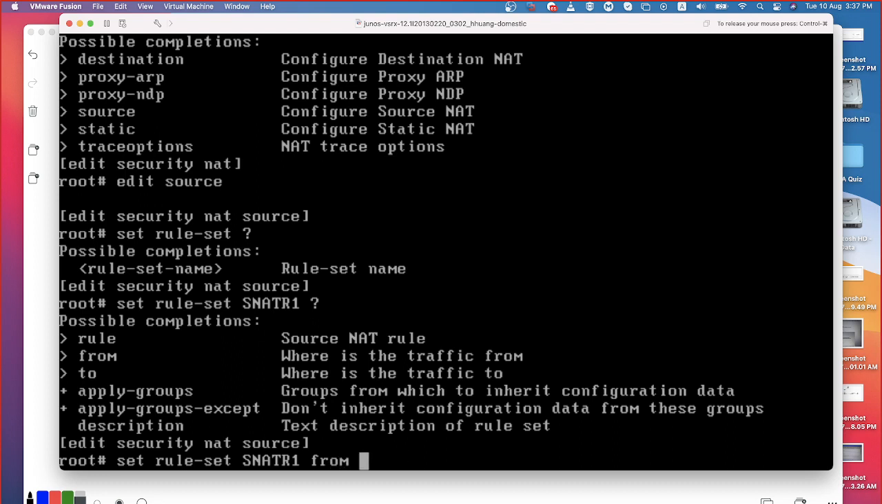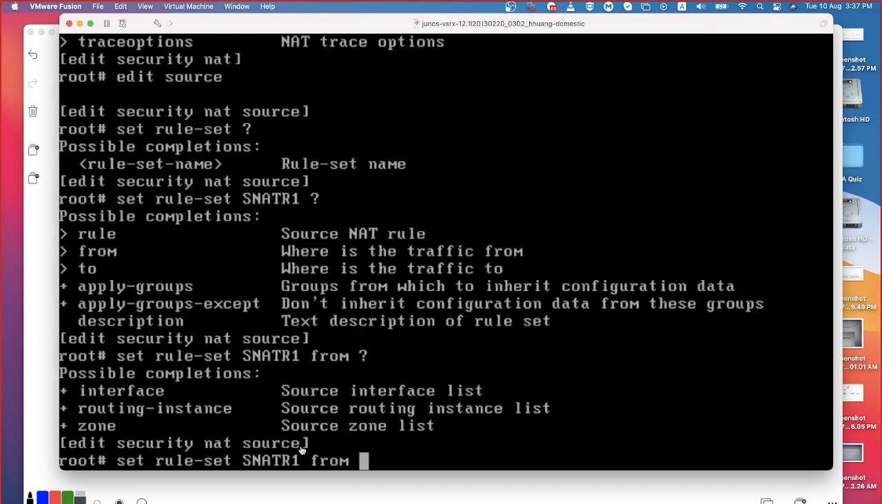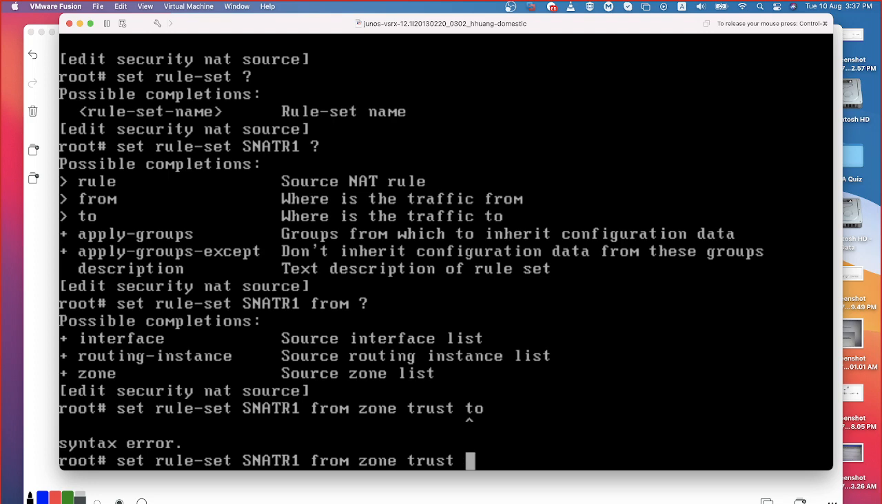It's not that zone has to be the only option in from class. See what are the options I have. I can say from interface, from routing instance, or from zone. It's not that I have to use only zone as my from class. We know what is routing instance, we know what is interface. Am I right or not? While we had the discussions with respect to the architecture, we have gone through this. Correct? Okay. Now, from zone trust,